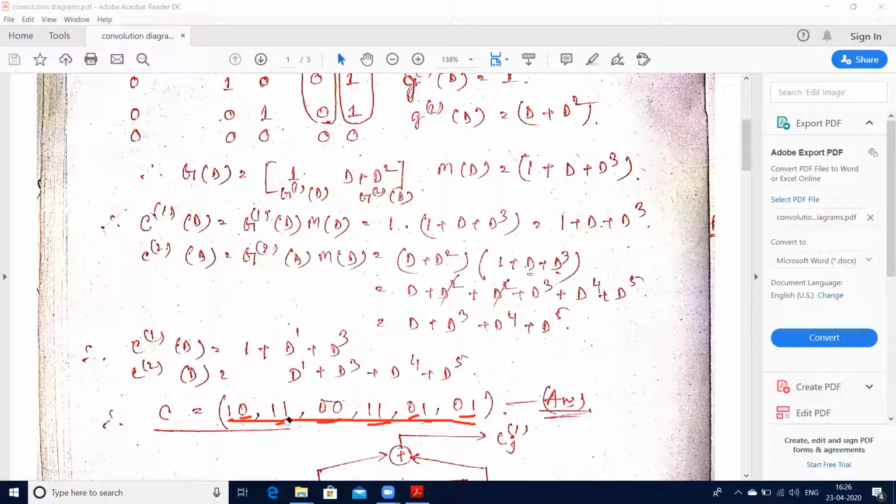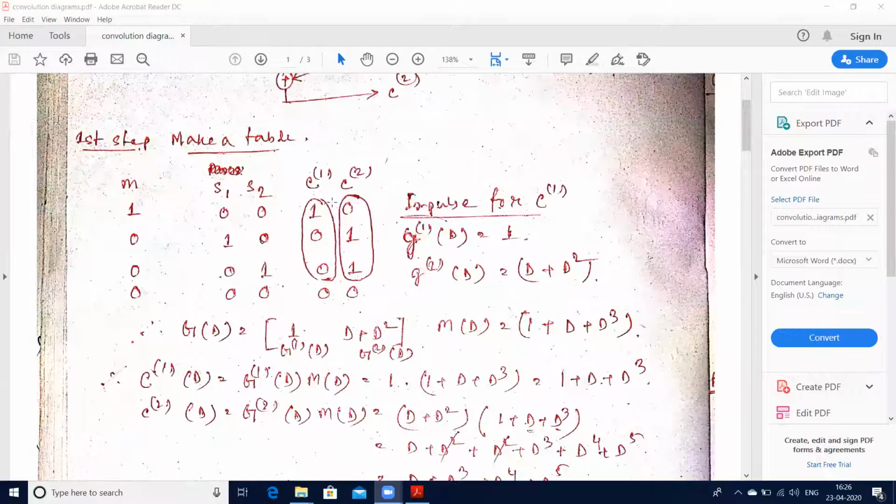So let me just erase it. Okay. So what we have seen is that you will be given a message in the bit form. So you have to convert it into the D polynomial. You have to calculate